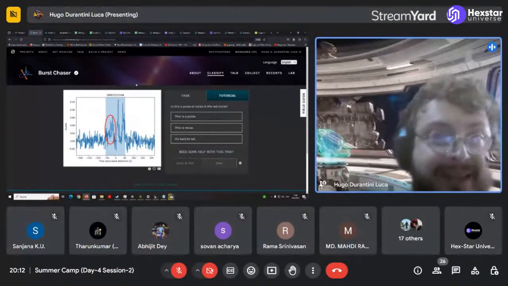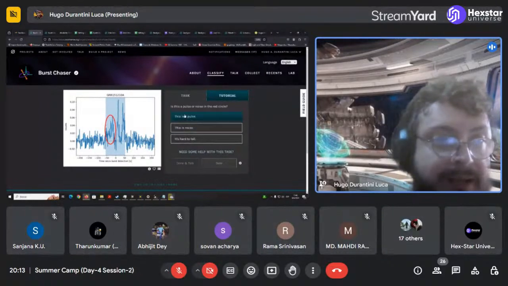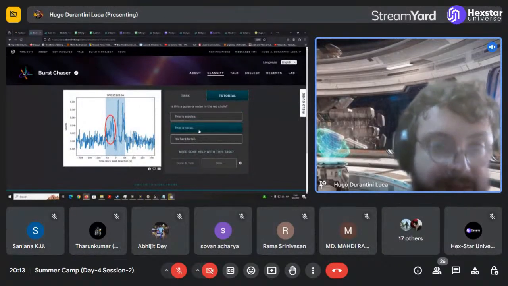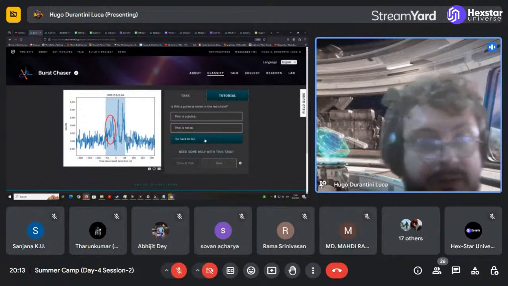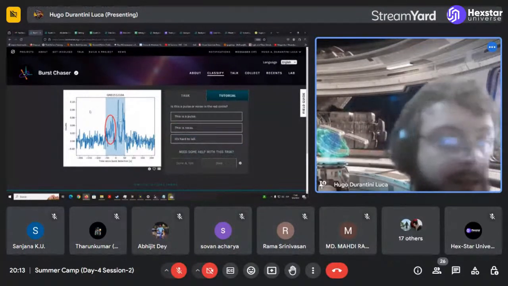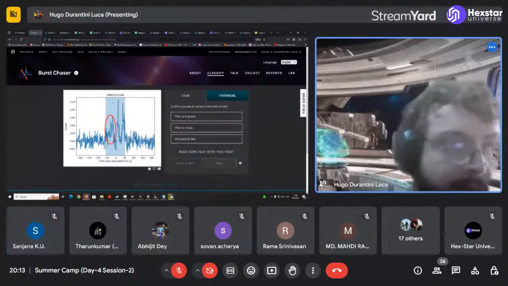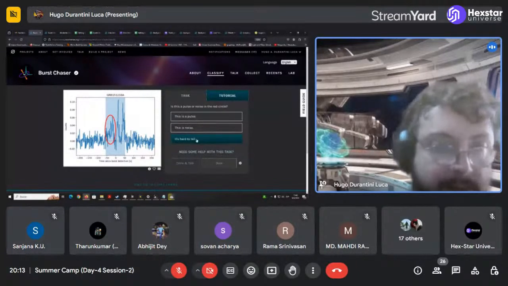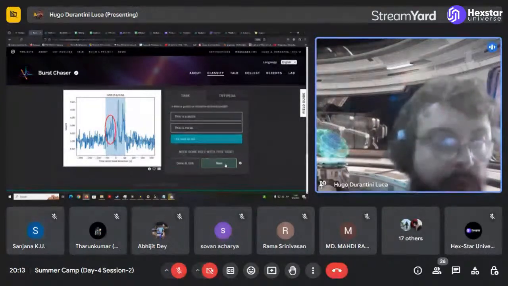So in this part of the project, you can mark if there is a pulse, there is noise, or if you cannot tell, because there are some images that are kind of ambiguous. Don't worry about being wrong. I'm going to mark something just to move on.